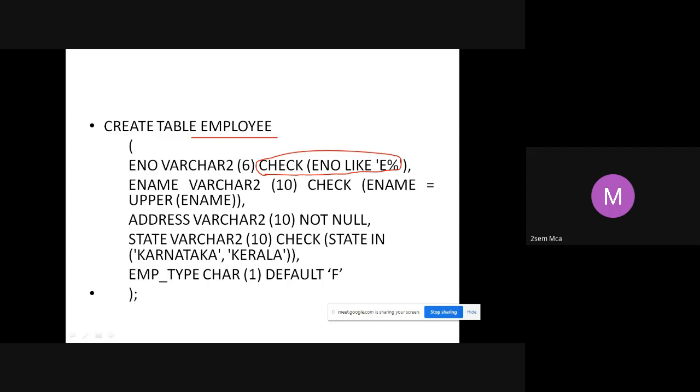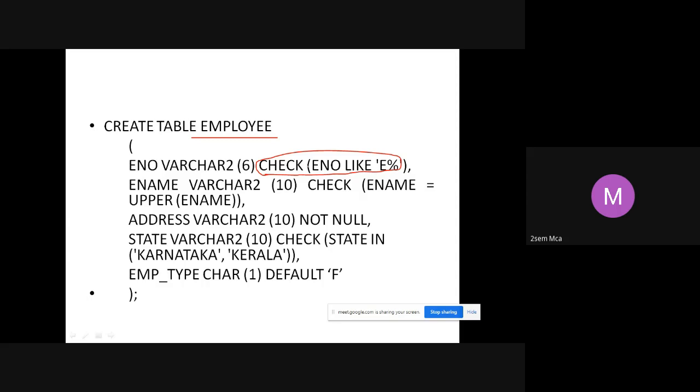What do you understand from this? Anyone can tell me? It should start with character E, I think. E number, yes. E number, varchar2 of 6. Check E number like E percentage.